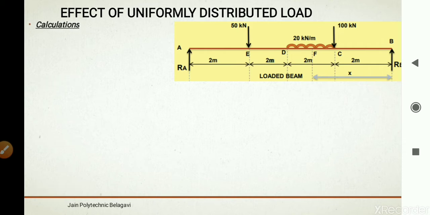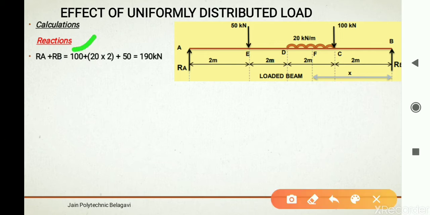So here we are going to talk about the calculation part, that is reactions. We know that action should be equal to reaction. So we are going to calculate first the reactions. So reactions RA plus RB is equal to actions. So actions are nothing but 100 kilonewton,